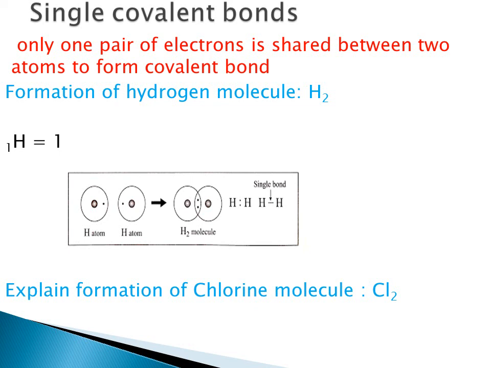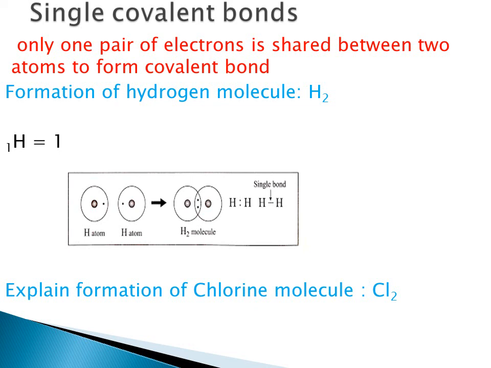So what happens is, as it is shown in the diagram, when two hydrogen atoms come close by, then literally, as you can see in the diagram, outermost shells or valence shells get overlapped and they share each other's electrons. They literally use each other's electrons to achieve stable state configuration. So after sharing of electrons, you can see two electrons present in valence shell of each of the hydrogen atoms. As a result, a stable covalent bond and a stable molecule of hydrogen is formed.